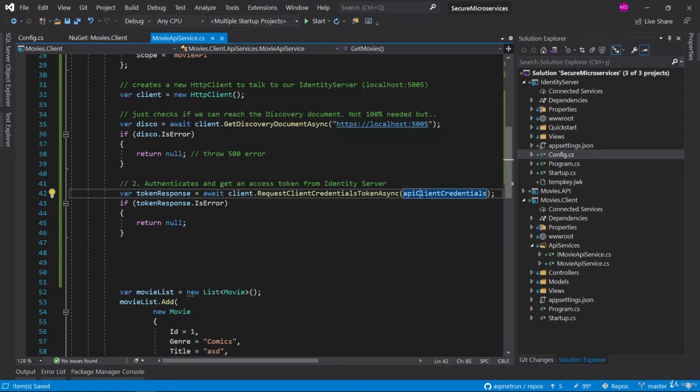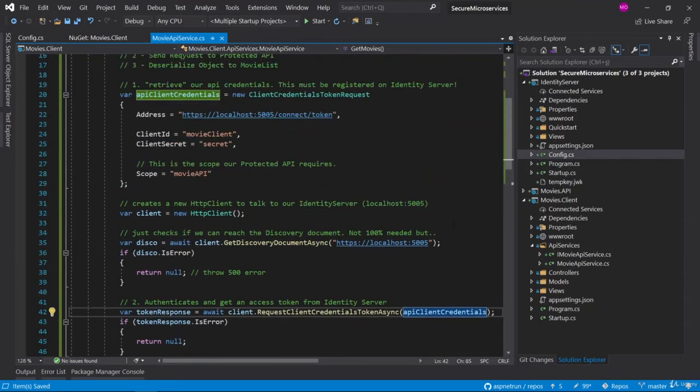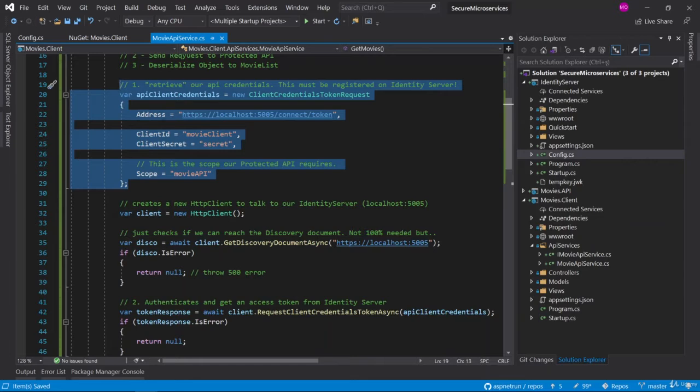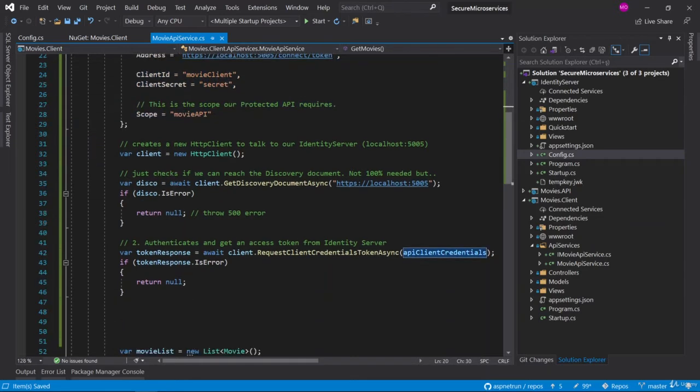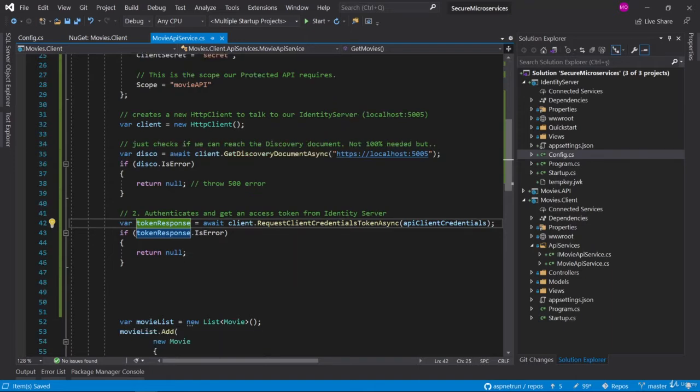Of course, we provide the API credentials in here, the API credentials that we prepared. It is very important to provide the correct information. After that, we pass these credentials to this method, and this method directly returns the token response, I mean the access token. So if there is no error, which we also check in here, we can proceed with our operations.